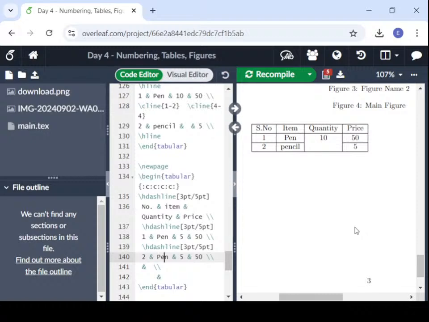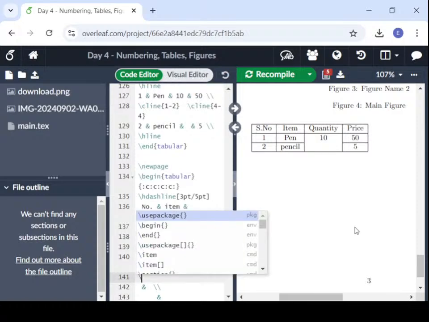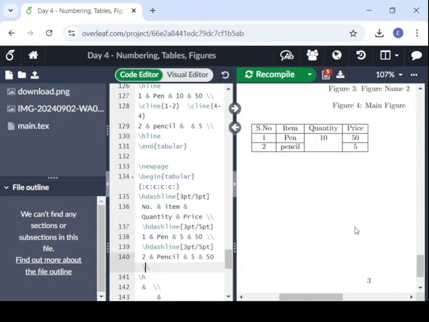2 pencil, 5 quantity. After that I have to finish with this dotted line, \hdashline. Right, we will see what is happening,